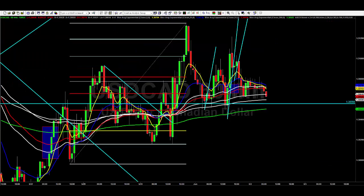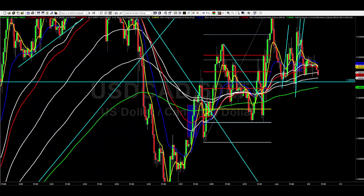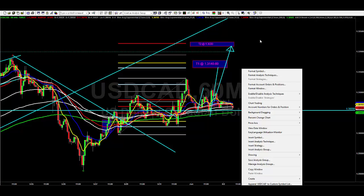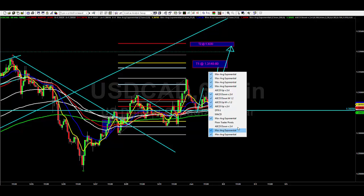Dollar CAD. I still favoured the upside yesterday. I mean, I was proved wrong because it didn't actually go. But this is still where I think this market's going, and I can't lose faith in this, because I do think that that's where it's going. Yesterday's close was indecision, and you could argue it was an indecision at resistance, which is a sell. So it's got to clear these moving averages first, and it seems to like to just blip below this 200. So if we add another one in,